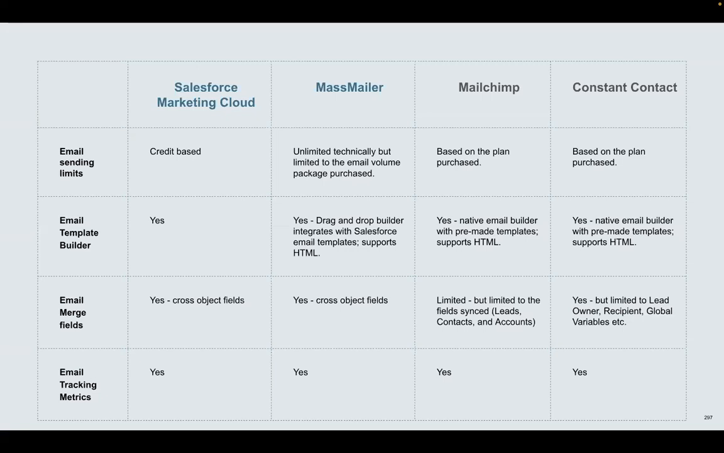Template building capabilities are there in all these platforms. And MassMailer actually has a drag and drop editor. Same goes with MailChimp and Constant Contact. Salesforce Marketing Cloud, certain editions would have drag and drop, and some it's not completely drag and drop, but you can still have a layout built without having to know HTML. And all these platforms would support HTML, should not be an issue. And when it comes to